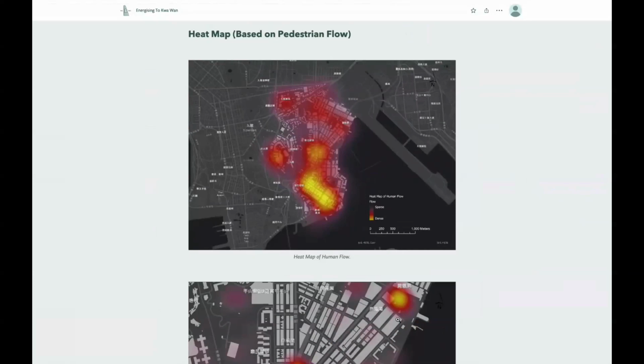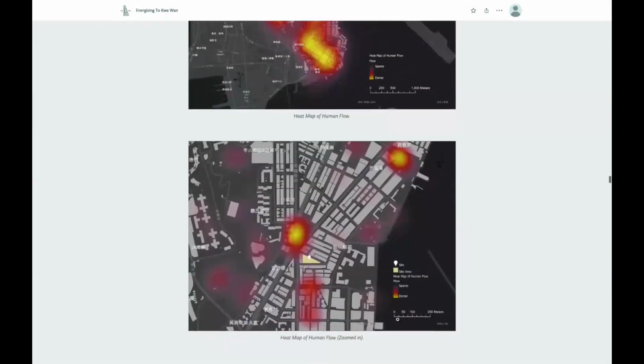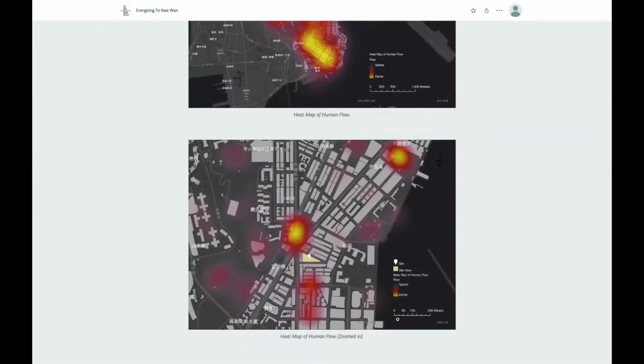Thank you, Kelly. We also generated a heat map to analyze the pedestrian flow around the site. To assess pedestrian flow, we recorded 100 data points in different road junctions during site visits. A scale of 1 to 10 was used to measure the density, with level 10 being the most densely populated and level 1 being the least densely populated. The result shows that Kowloon City is generally a high-density area, with most data points reaching level 6 in terms of pedestrian density. On the other hand, areas like Hung Hom, Whampoa, and Kowloon Hospital are particularly more crowded due to the presence of large-scale commercial and healthcare facilities.